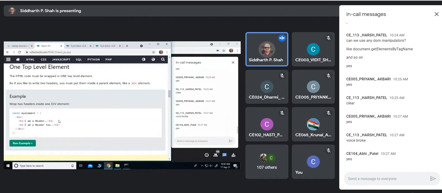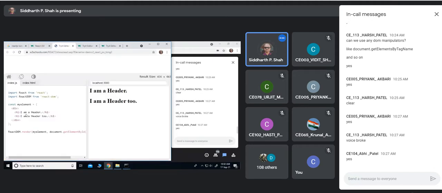Now there is the requirement of one top level element. The HTML code must be wrapped in one top level element like this. If you have multiple H1 or any other number of elements, make sure that the HTML elements you create in JSX are all put under one root element or one top level element, like this division.